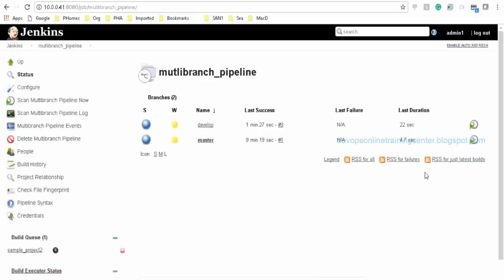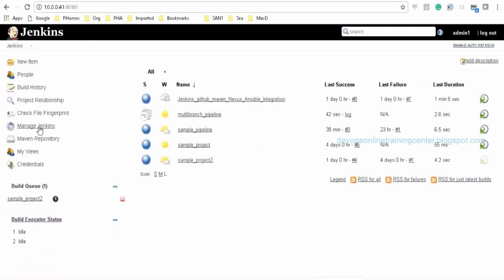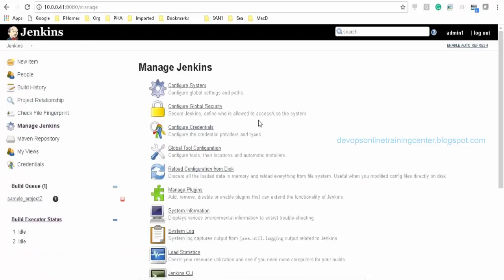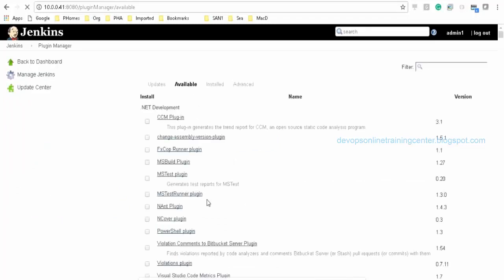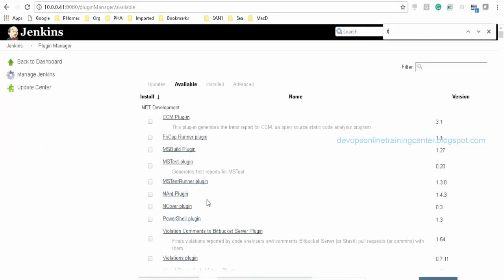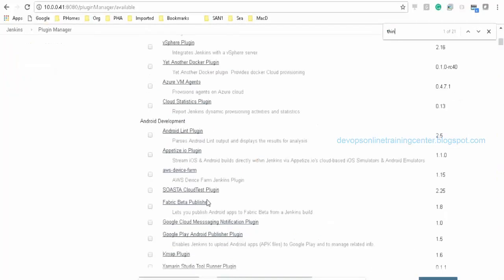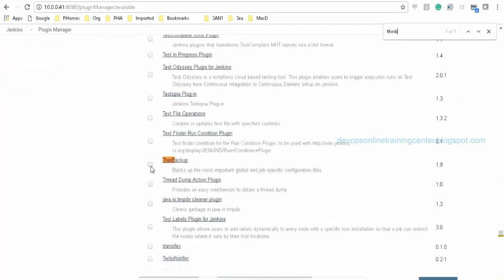Thin Backup is also a plugin. Simply you can go here and manage Jenkins. This is at the job level.